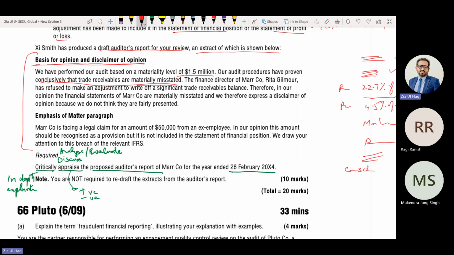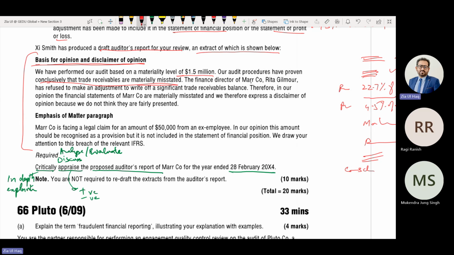No, we obtain sufficient appropriate audit evidence rather than conclusive. So these kinds of words we should avoid using in the audit report because we never ever have conclusive evidence. We have persuasive evidence. Persuasive means less than 100% rather than conclusive, which means 100%.